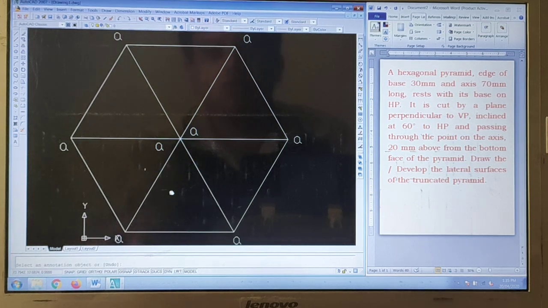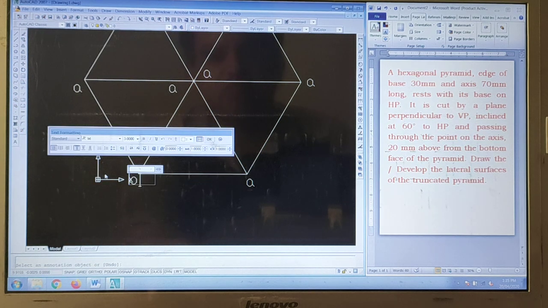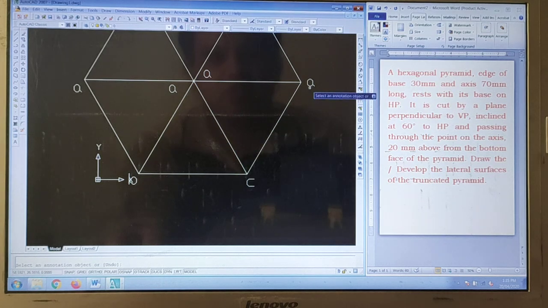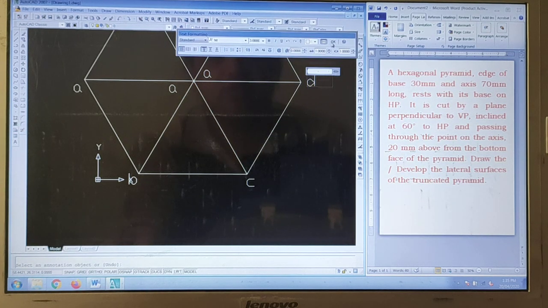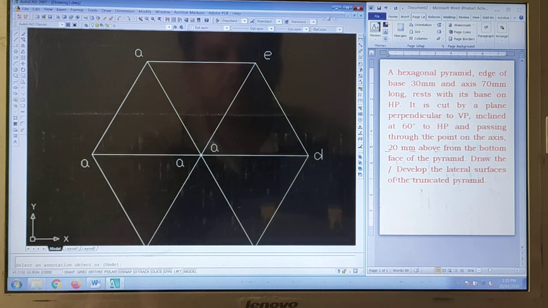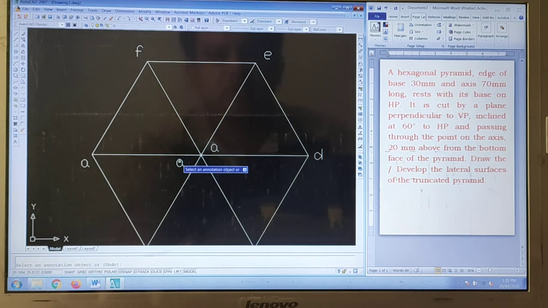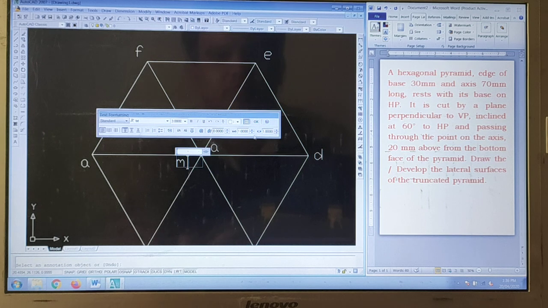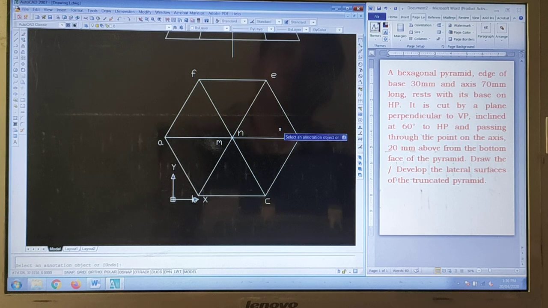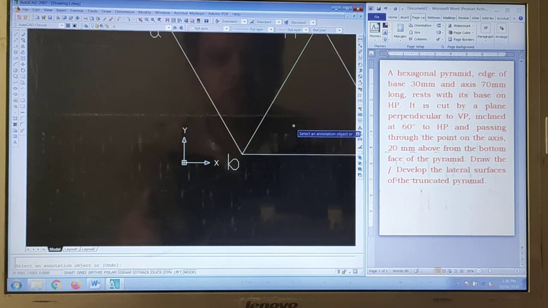Now I will edit all the points with the help of the edit command. So this is point B. This is point C. This is D. A, B, C, D, E. This is F. Okay, and this axis will be MN. M, and this will be N. Similar naming we need to transfer. Now don't get confused between this X and this B, isn't it?